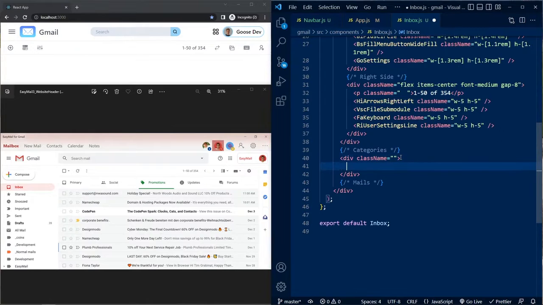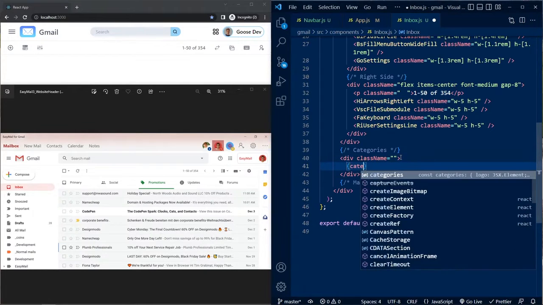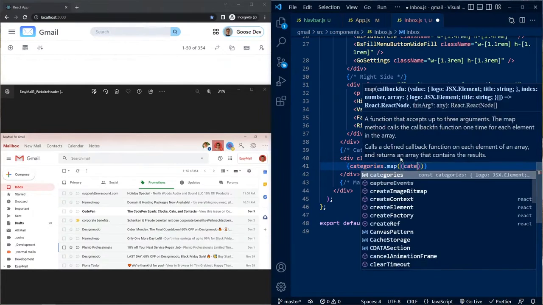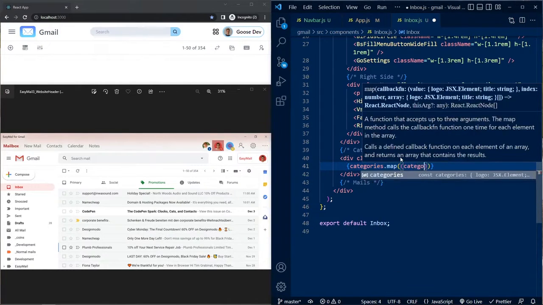So here we'll say categories that map, and for each category we'll have a category button. So category,